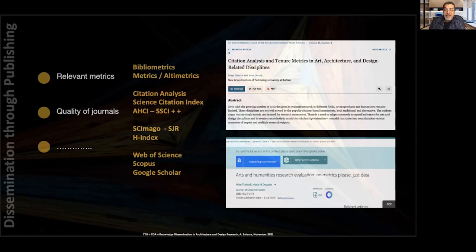The strange thing in one of these articles is that they have a strong argument against high citation counts